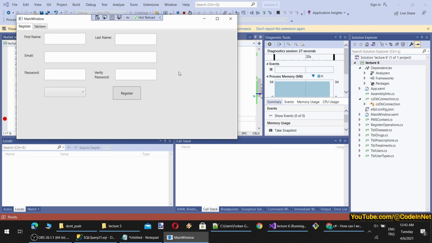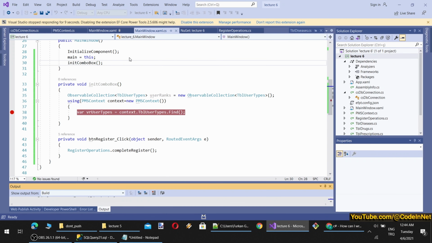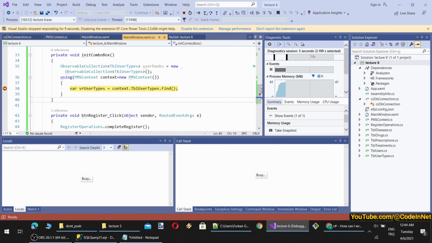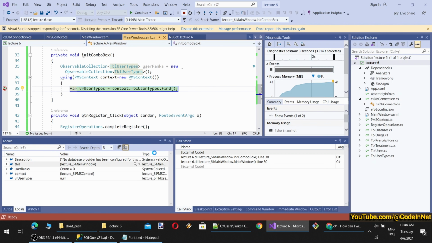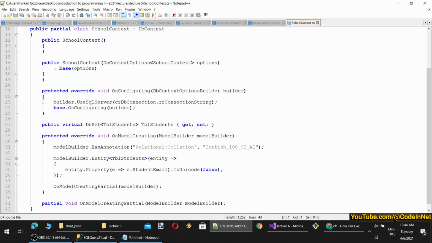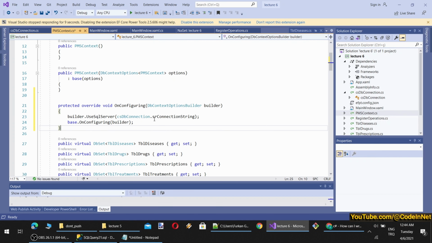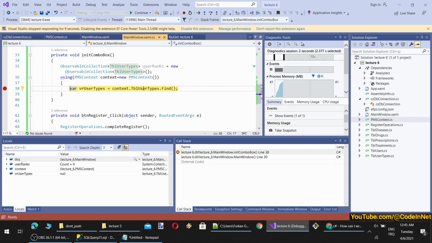Our software is running. Okay, so let's click register. Oh, we didn't call this yet, so I will call it here first. By the way, this means instance of the main class here. Okay, so let's execute a step. No database provider has been configured. DB context. Yeah, we have to set OnConfiguring. We had done that here, on configuring inside context. So PMS context here, and we are going to use it here. And yes, now it should work. You see, you don't have to memorize. You just need to know where to look.